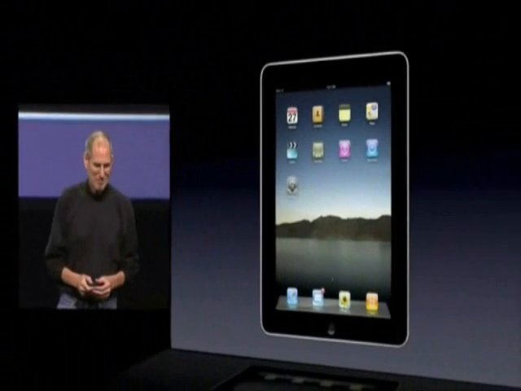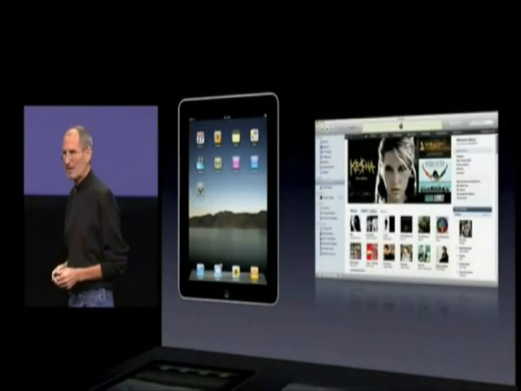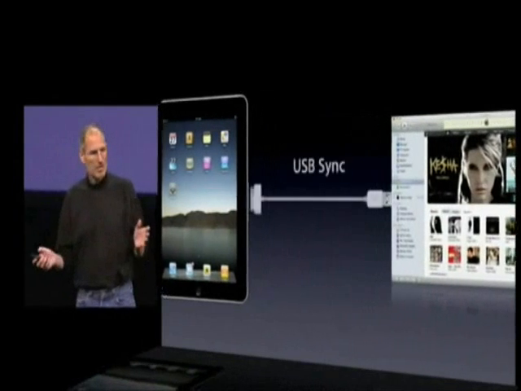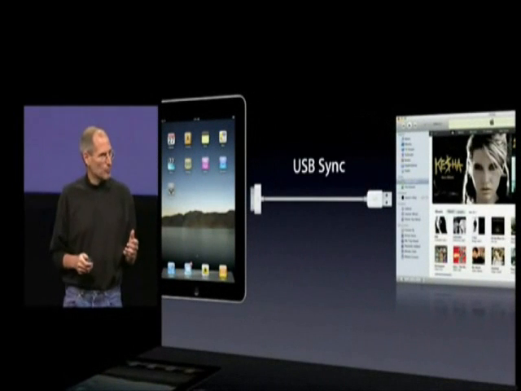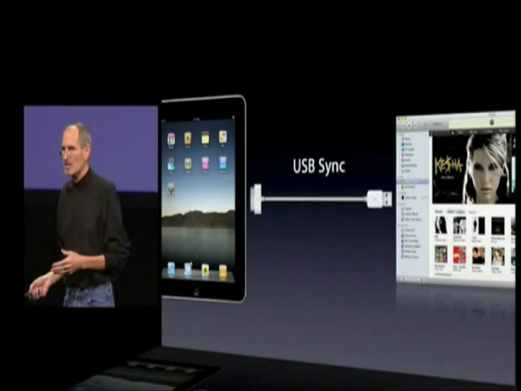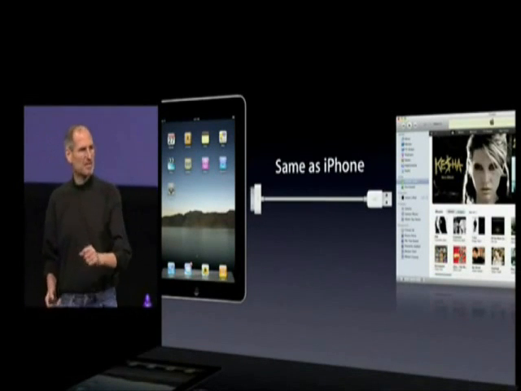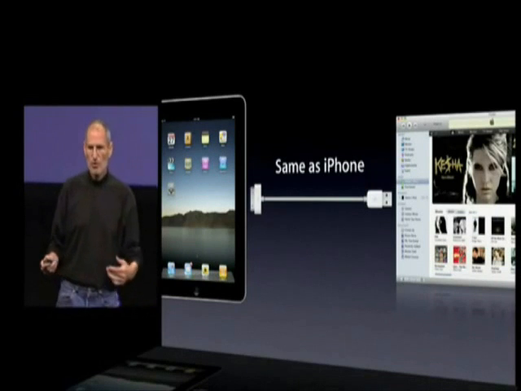So, a few other things. I'd like to talk for a minute about iTunes. The iPad syncs over USB with iTunes running on your Mac or your PC, exactly like an iPhone or an iPod Touch. And so when you sync